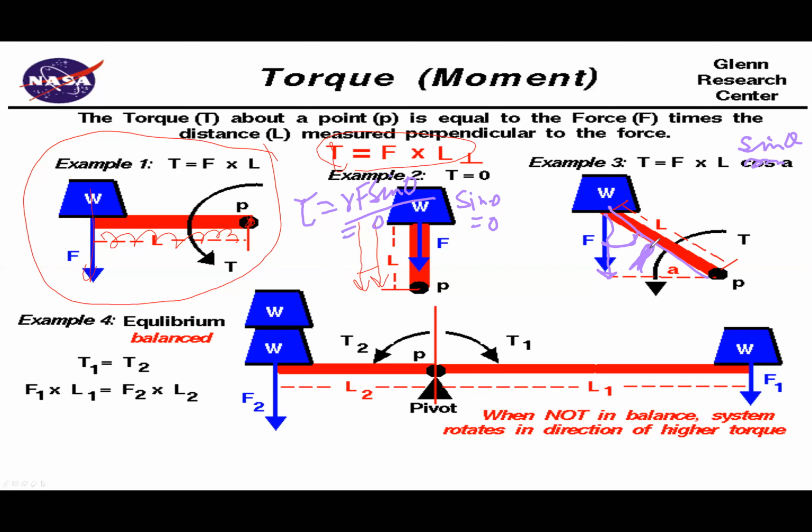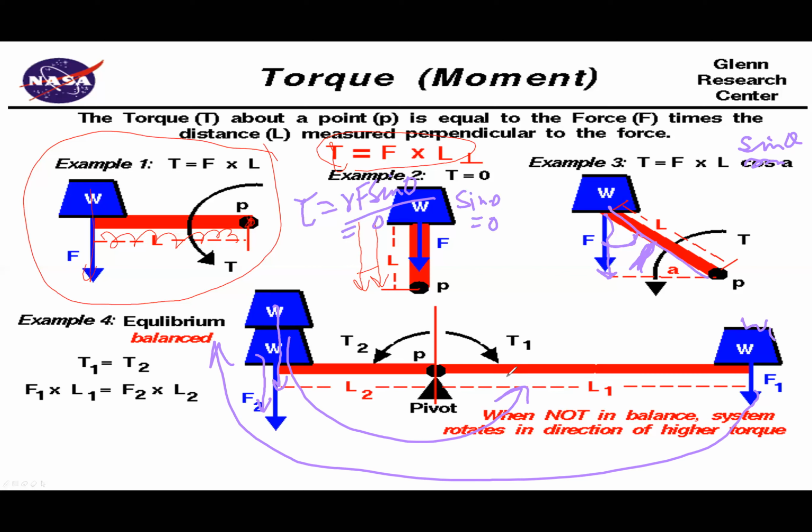Now, in this case, weight W1 is acting in this direction. W2 is also acting in this direction. And this W is acting in this direction. It produces clockwise torque and it produces anti-clockwise torque. So if clockwise torque is equal to anti-clockwise torque, the body will not rotate. The body will be in the state of equilibrium.